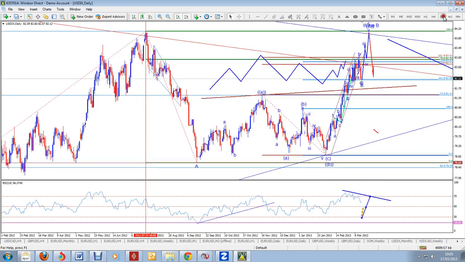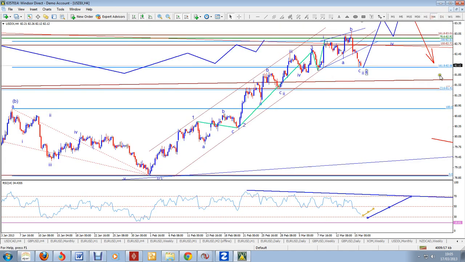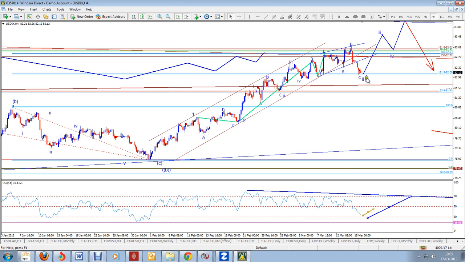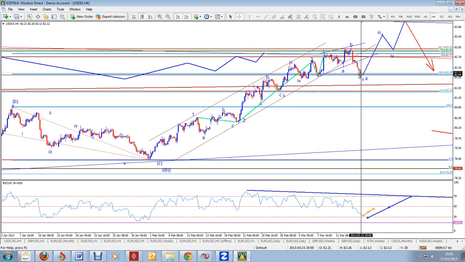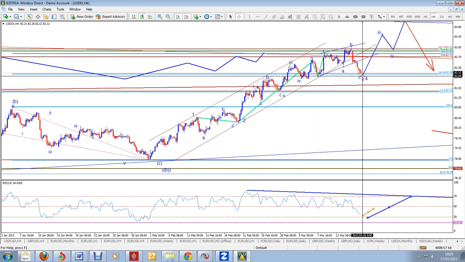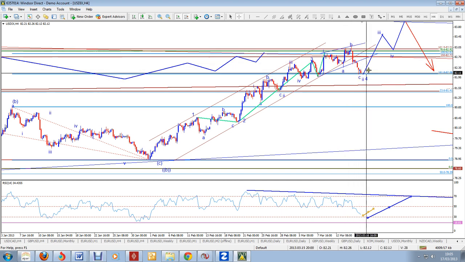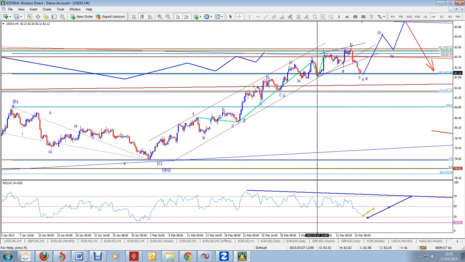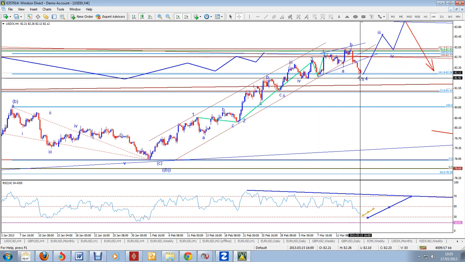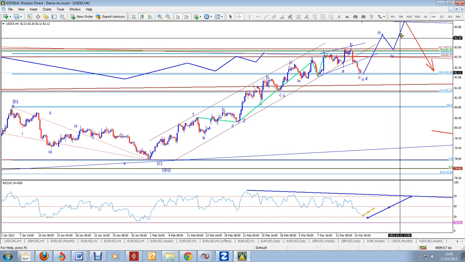Okay, so in the shorter term, this coming week, I think now we have a possibility, because the complete wave hasn't finished yet, that the low on Friday might actually be a low either as a wave 2 of 5 or wave 4. If it is a larger wave 4, then we got a 5 wave up. If it is a wave 2 of 5, then we got wave 1 and 2 already done, in which case we're looking for wave 3, 4 and 5.